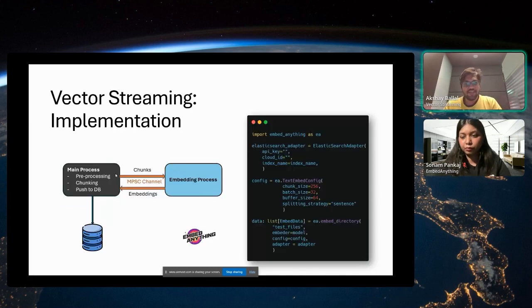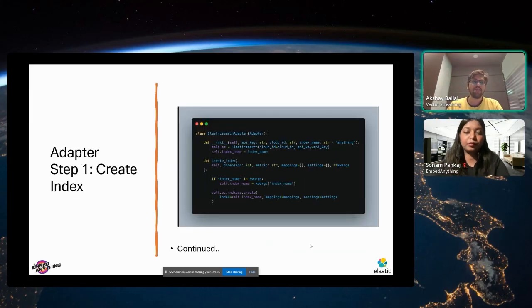But yeah, the basic implementation of this is in Python. You would have to use this in Python if you're using it now. But you don't have to worry about spinning off a process yourself. So essentially, when you give this piece of code, this is all done in the background. You just have to call an adapter, which is basically an adapter between the vector database and Embed Anything. So as soon as the embeddings are being generated, they are slowly moved into the vector database itself.